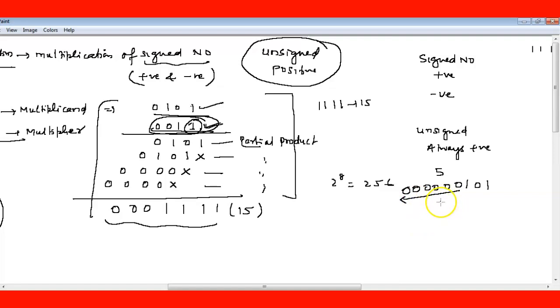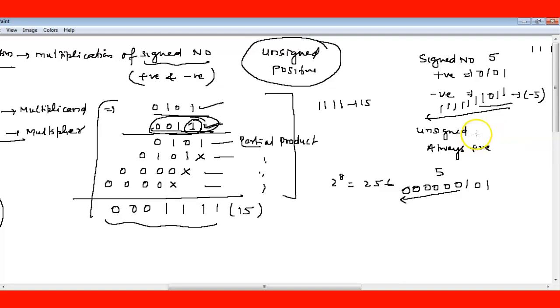Like 5 for the positive number, I am considering the same example, is 1, 0, 1. MSB is 0. If I am writing -5, then I have to find the second complement of this. So 1, 1, 0, 1. This will be the value of -5. So here before that we can put any number of 1s and it is not a problem.